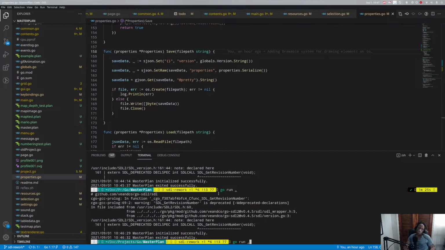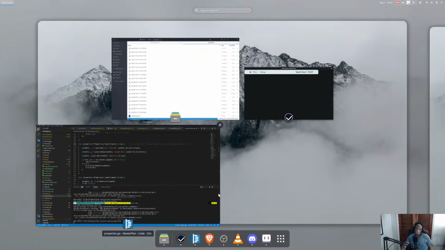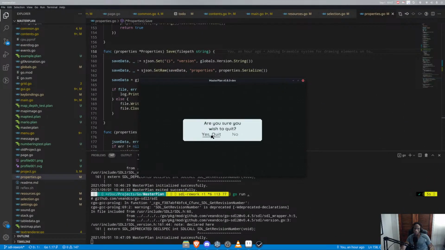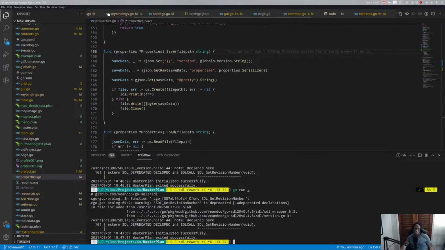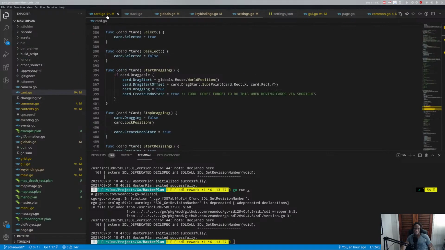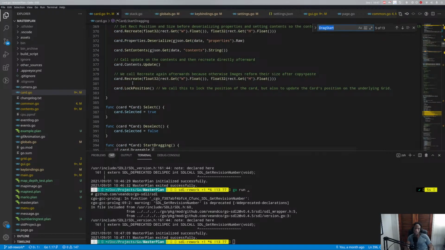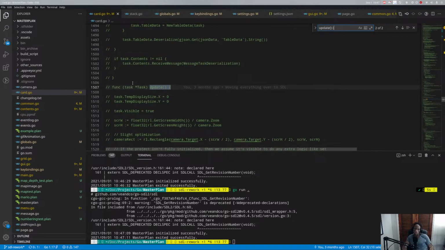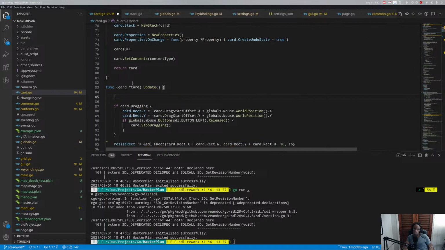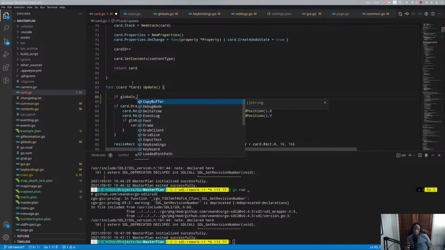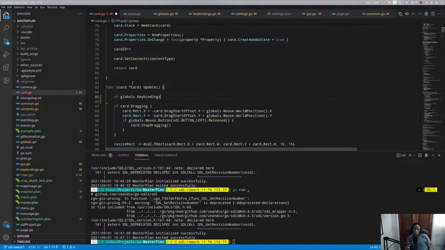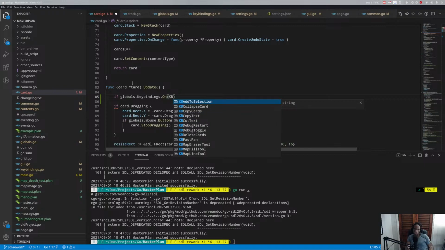Okay, let's do this again. Let's do this again, but we're gonna do this as scientifically as possible. We're gonna go to the update loop of the card, and we're gonna say if globals.keybindings.on add to selection